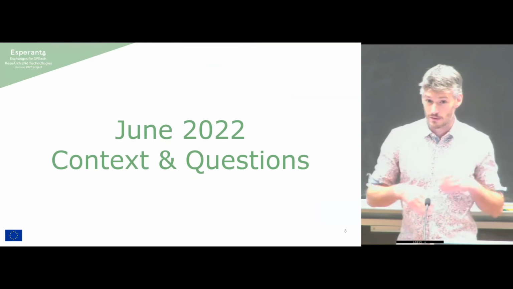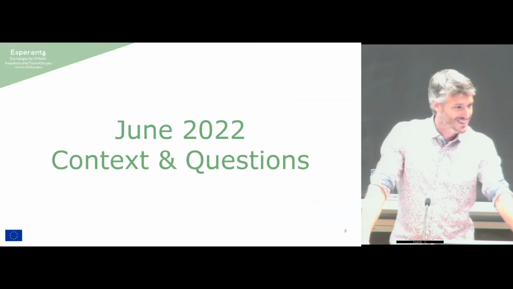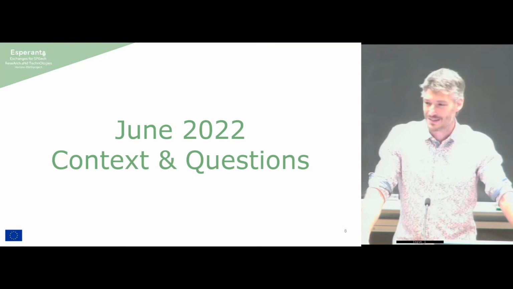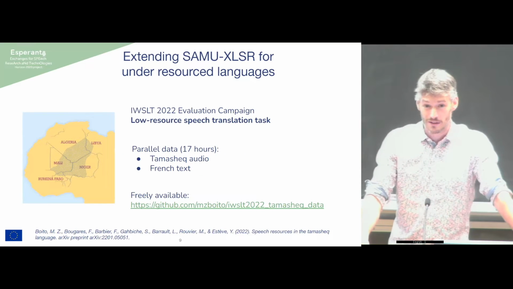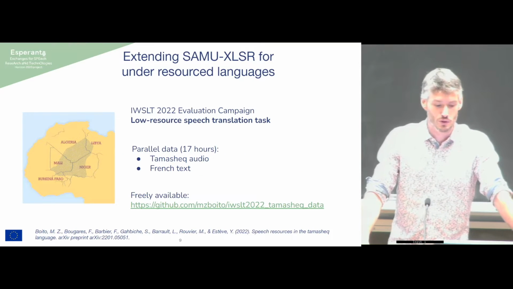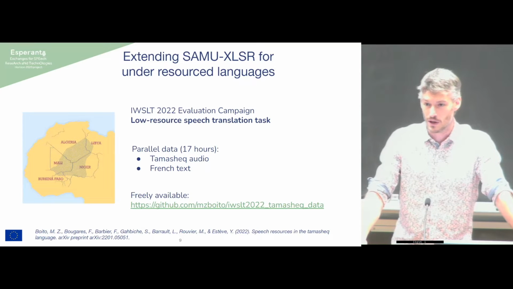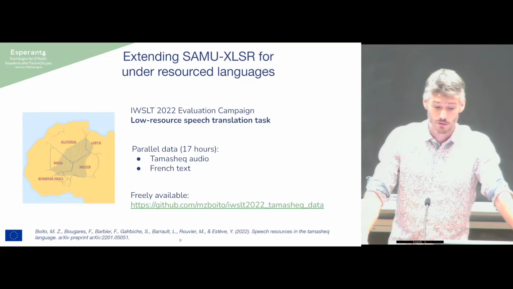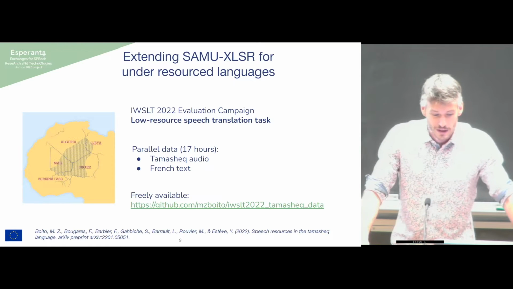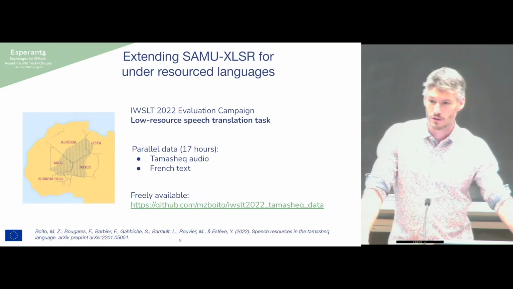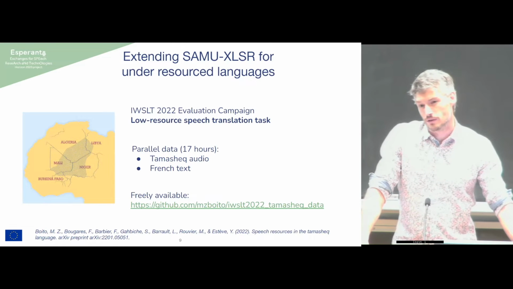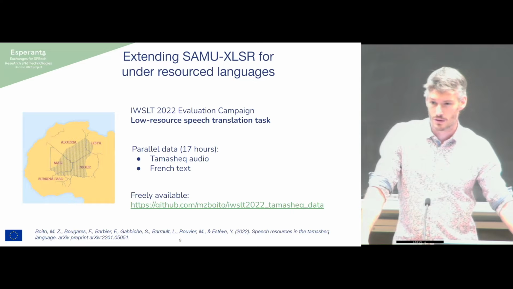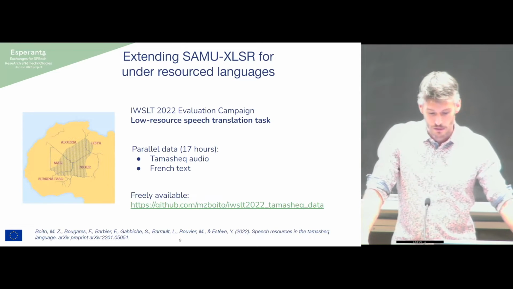So back 6 weeks ago, where did we start from? So about the context and the question. What did we have at that time? Well, the first thing we didn't have actually is the data. So for instance, we chose to work with Tamashek language. Tamashek is a low resource language according to our standard. And it's a language from Africa that is spoken in different countries. So Alejandro will tell you more about this later. But just to give you an idea, we had speech in Tamashek and translation in written French. No written Tamashek at that time for us, and no aligned speech data.